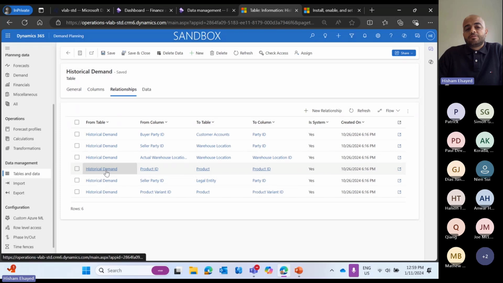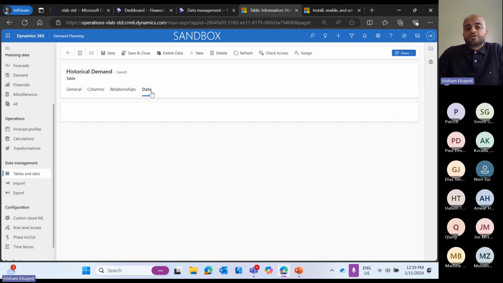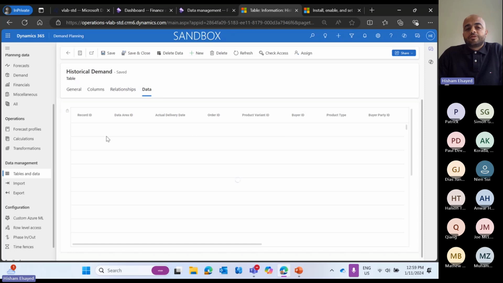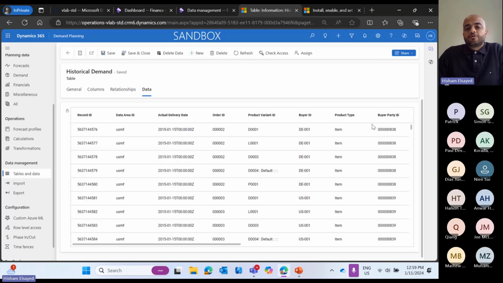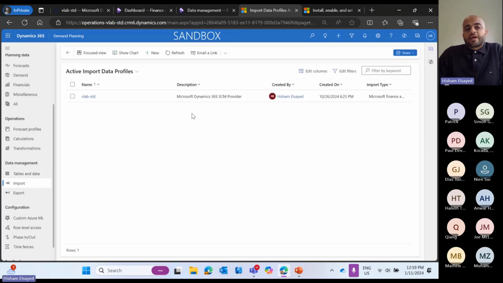So historical demand is linked to the product table through product ID, and it's also linked to the warehouse location through location ID, something like that. And I can change the relation, of course, or add any additional relation. After I make the import, I should see all the data come up here, as you see from the D365 supply chain. So if we come to import, I can click here, New,